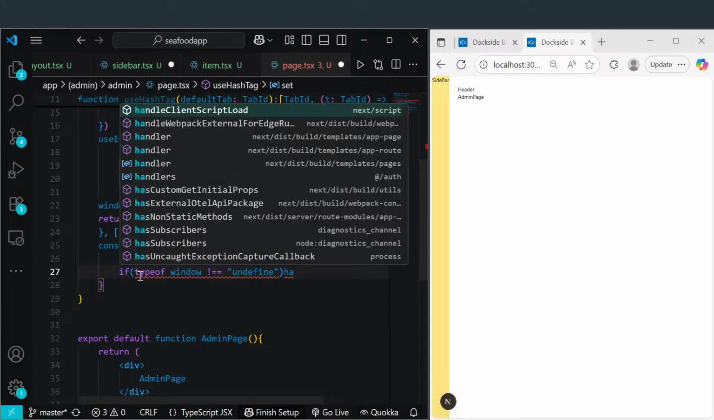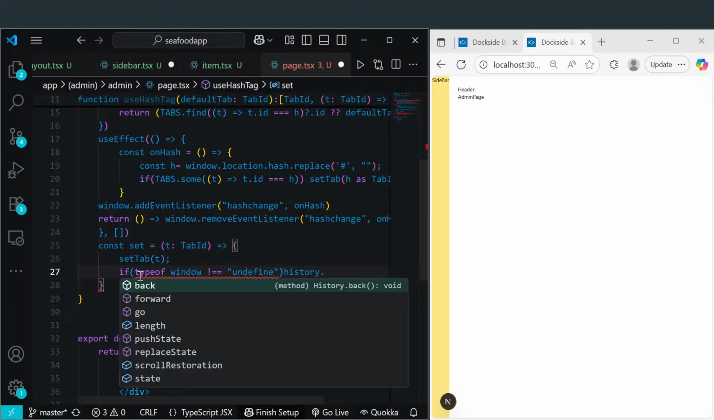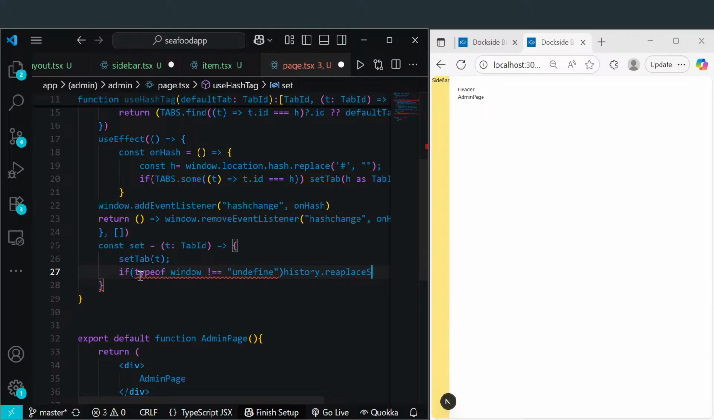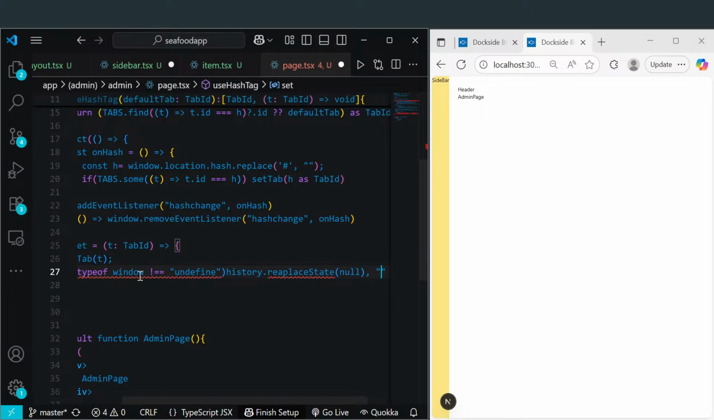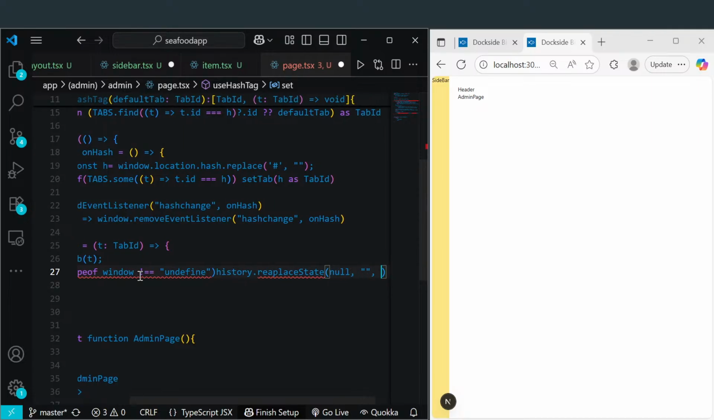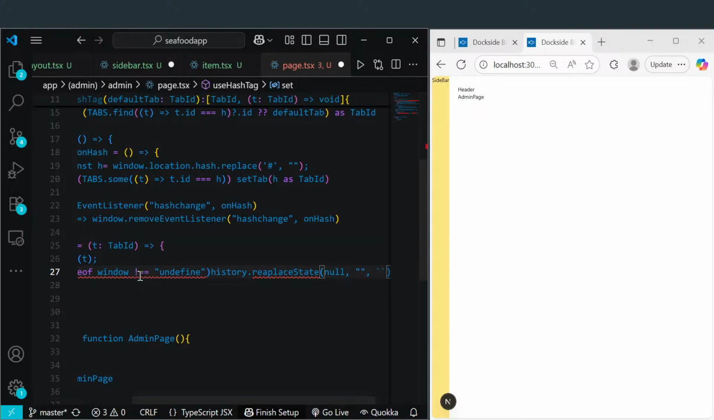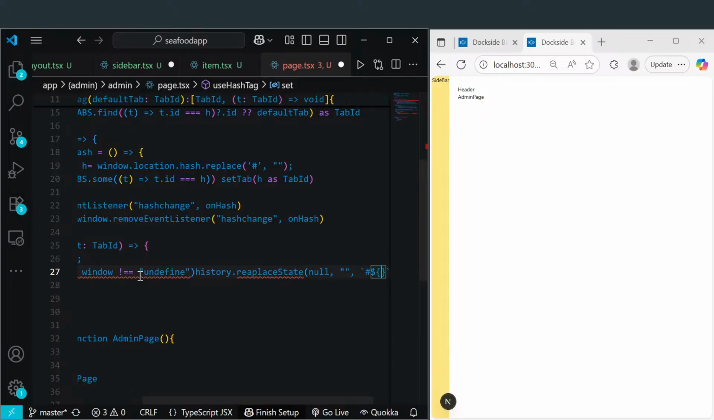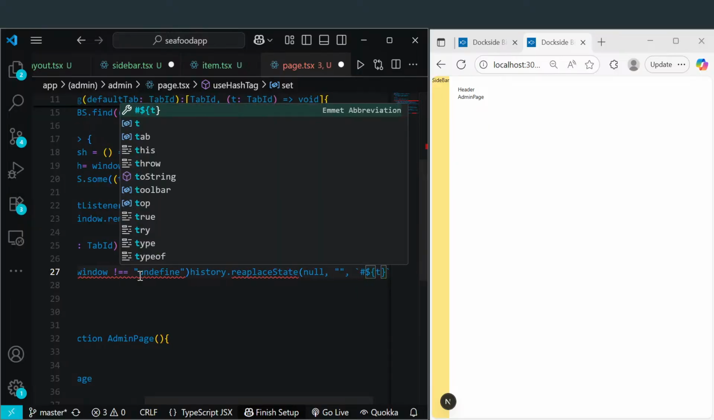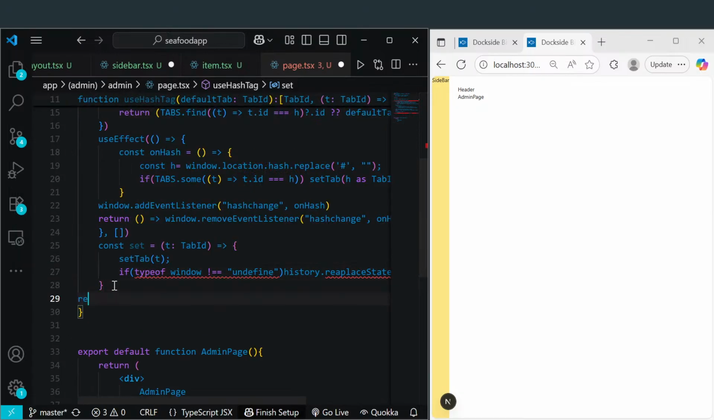We'll go history dot replace the state with an empty string. Or this needs to be template literals with the pound, and this is going to be for the URL, curly braces tab. And then we'll just go return